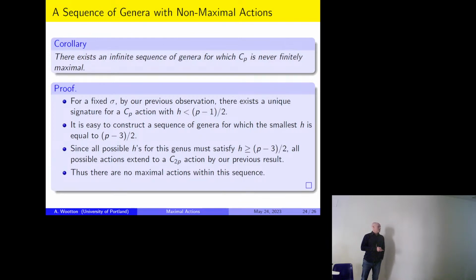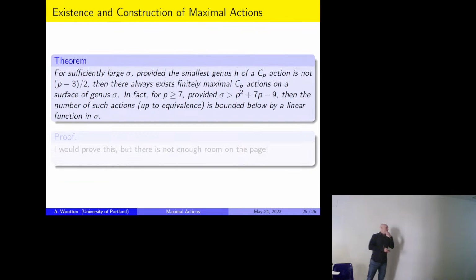And one last thing I want to say. This talks about non-maximal actions. We've constructed this infinite sequence of non-finitely maximal ones. So what about finitely maximal? Do they always occur, and how often do they occur? Well, we have this result, which says that for sufficiently large genus, provided the smallest h of a C_p is not (p minus 3)/2, because we've shown that in that case it always extends, then there always exist finitely maximal C_p actions on the surface of genus